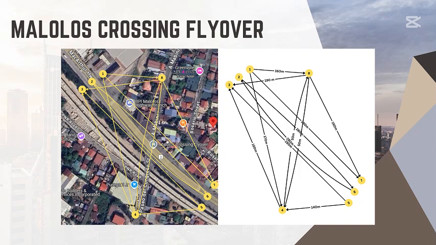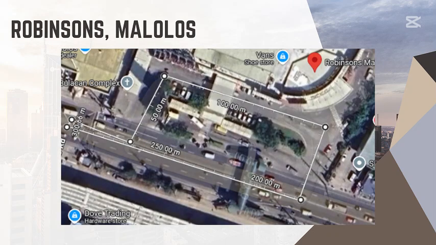Now proceeding to the last section of this discussion, it will tackle the intersections in Robinson's Malolos. Robinson Malolos, located along MacArthur Highway in Malolos City, Bulacan, was modeled using a directed graph with 6 vertices and 5 edges to represent mall entrances, exits, and connecting road segments. Each vertex represents a key location, and each edge represents a possible path vehicles can travel, weighted by the distance